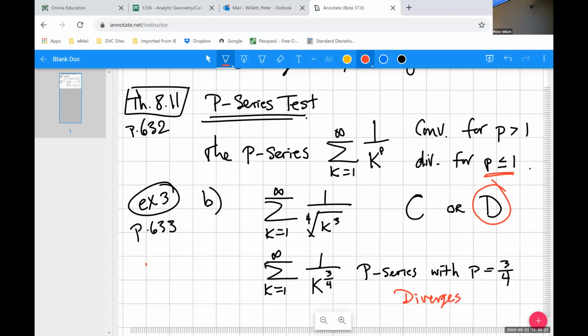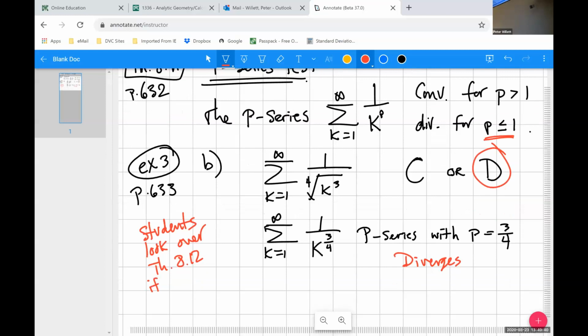So I'm going to write here, students look over theorem 8.12 if needed to do an online problem. And it'll be very clear if that's the case, but it's really not worth our time and effort in our group setting face-to-face. So if you get stuck with it or you have questions about it,